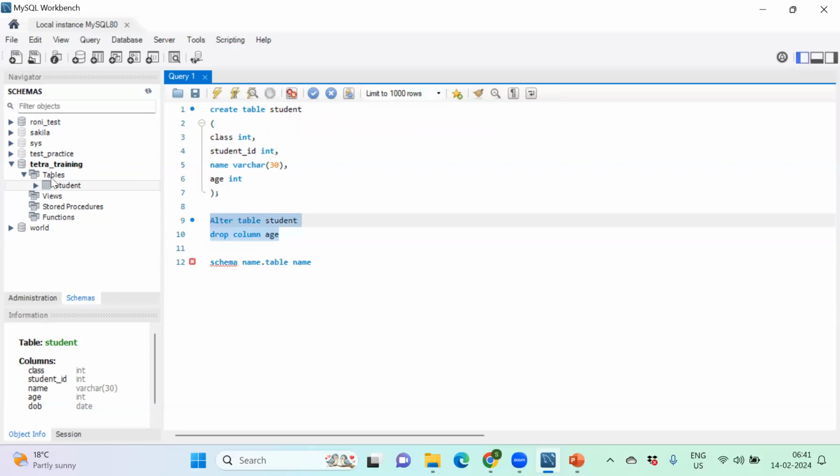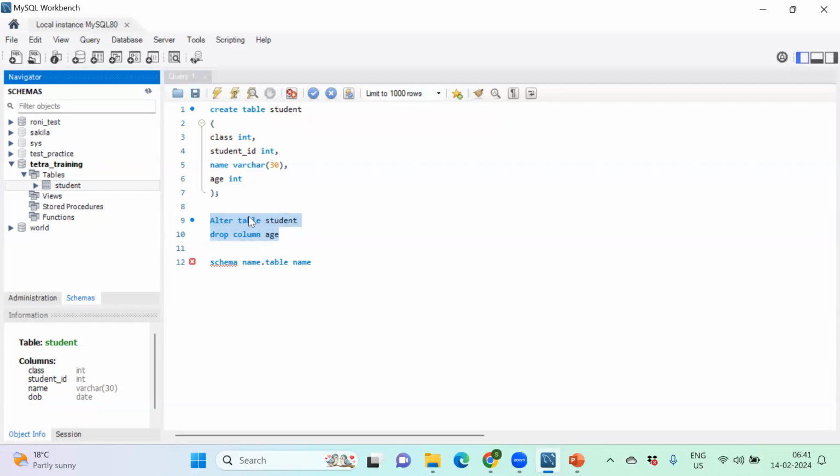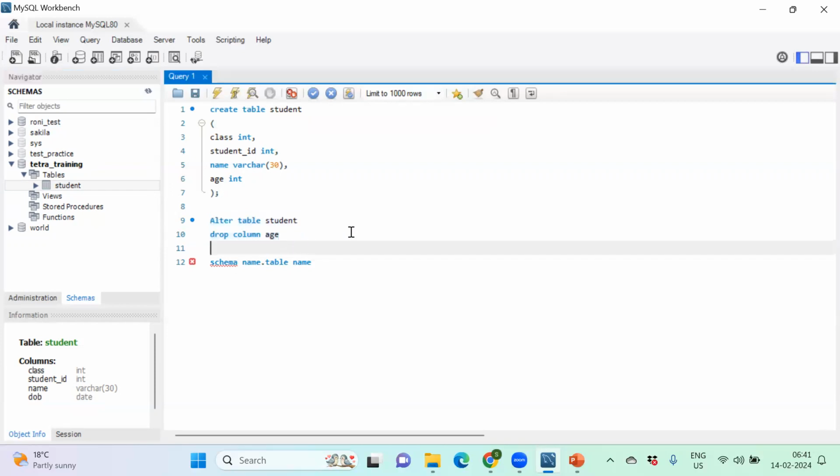Okay. Refresh it. Yes. So now how does the date data type work over here? I haven't shown you. There's a default format of the date data type. Just like over here, the default format should be YYYY